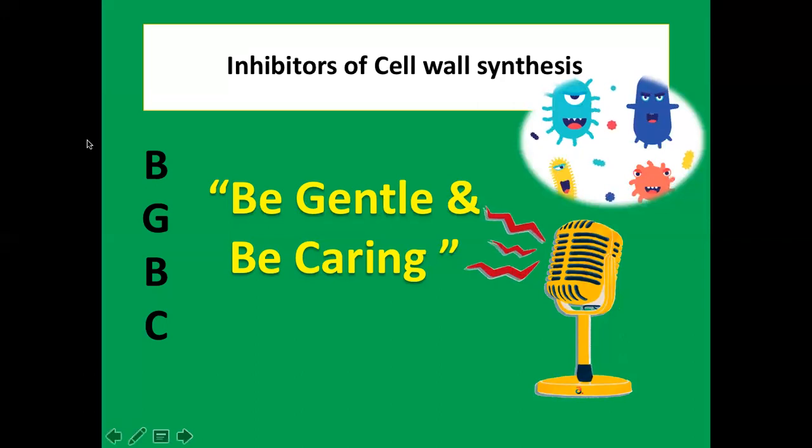Another example of beta-lactam group is the cephalosporins. For example, we have cephalosporin C, originally isolated from the fungus Cephalosporium acremonium. Cephalosporin C has a similar spectrum of activity to penicillin against gram-positive bacteria, but is more active on gram-negative bacteria than penicillin. Unlike penicillin, which is more active on